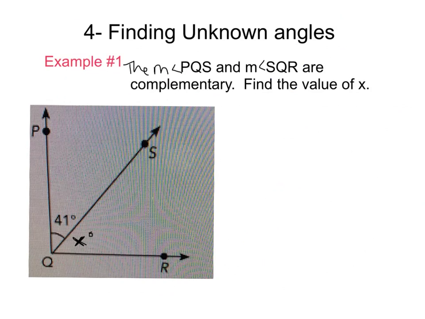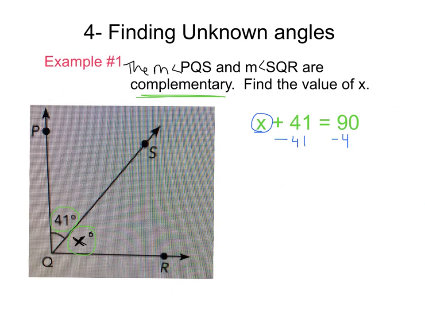Since we know that they are complementary, we know that both the 41 degrees and the X are going to equal 90 degrees. So let's come up with an equation right now. I know that the angle of 41 plus the missing angle X, since they're complementary, equals 90. Now, my whole goal is to find what this missing value of X is. So now I have a one-step equation, because X plus 41 is equal to 90. So if I subtract 41 from both sides, I know that X is equal to